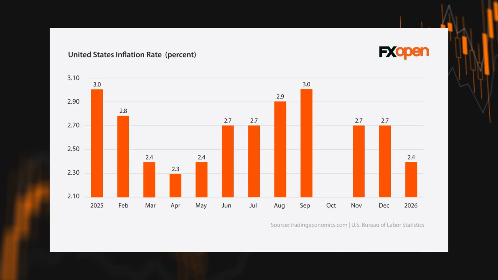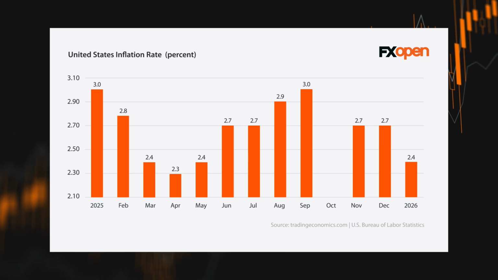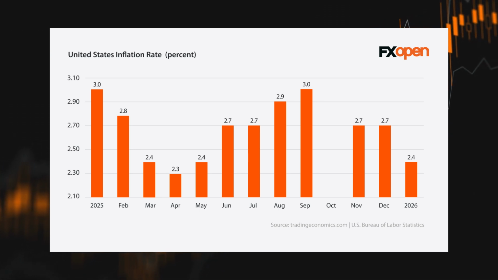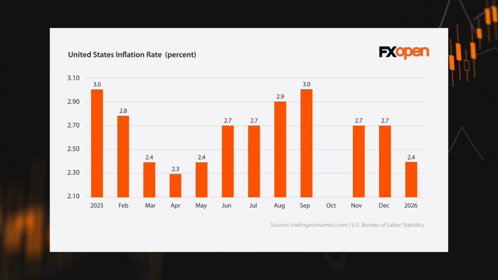In January, the annual inflation rate slowed to 2.4%, the lowest level since May, and slightly below expectations. The moderation was largely driven by base effects as higher readings from the previous years dropped out of the annual calculation. Now, core inflation, which excludes food and energy prices, eased to 2.5%, the lowest since March 2021. On a monthly basis, consumer prices increased by 0.2%, easing from what we saw in December. Core prices were the only component that accelerated compared with the previous month.